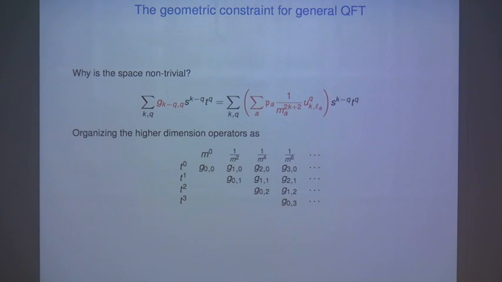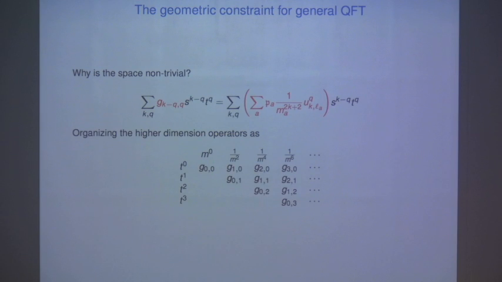So just to make this more geometric, let me organize my coupling constants in this way. I have the horizontal, which corresponds to which mass dimension these coefficients correspond to. And the vertical corresponds to how far away from t equals 0. So these are different degrees in t. So this will basically be an expansion around the forward limit. So I'm going to organize my coefficients in this form.